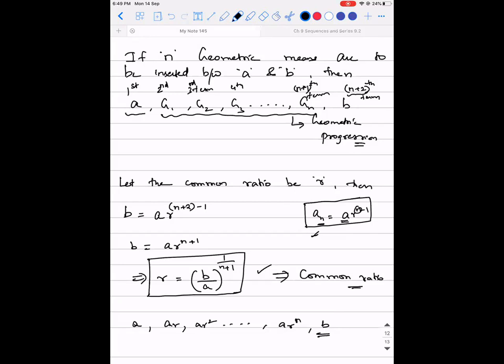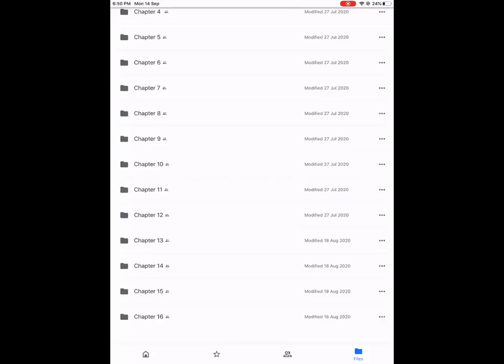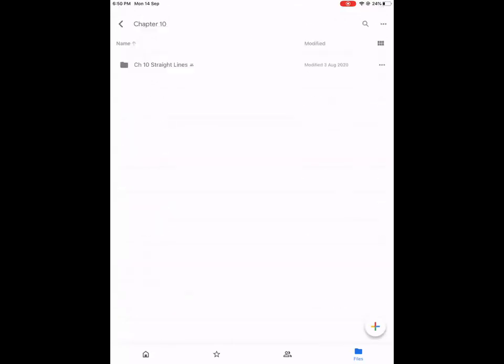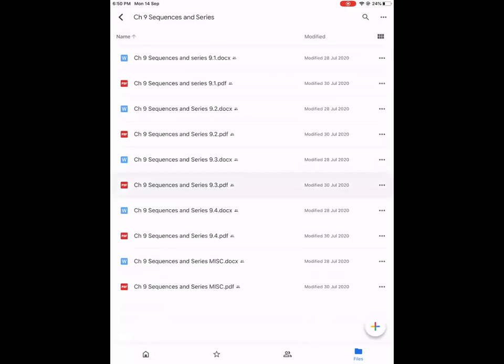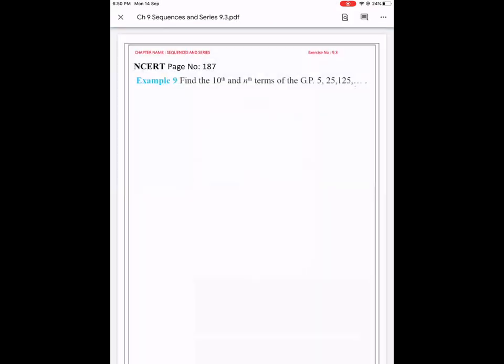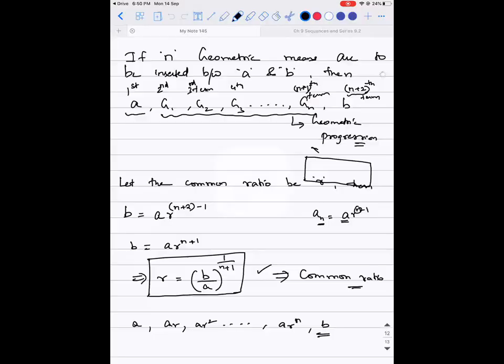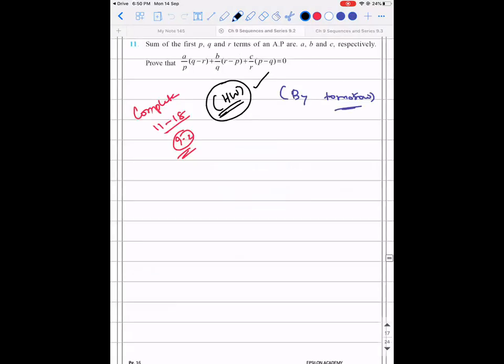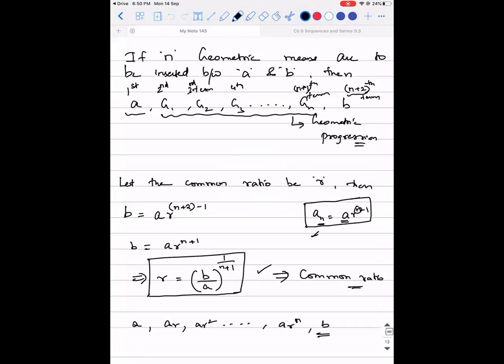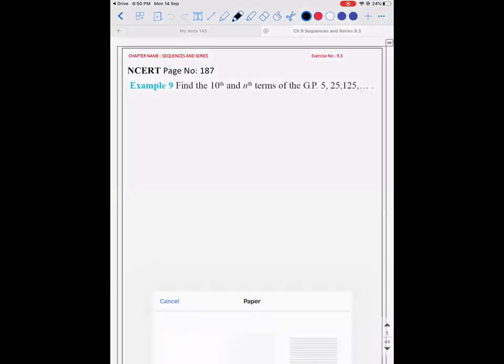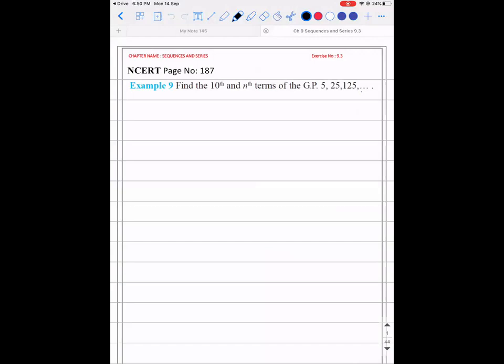Done? Shall we do a few problems? So make a note of all these formulae at a single place, so that you can recollect and do them. Now, what is the question?